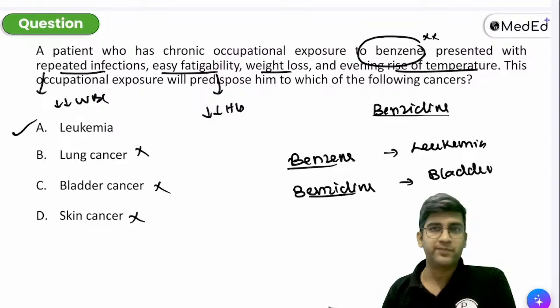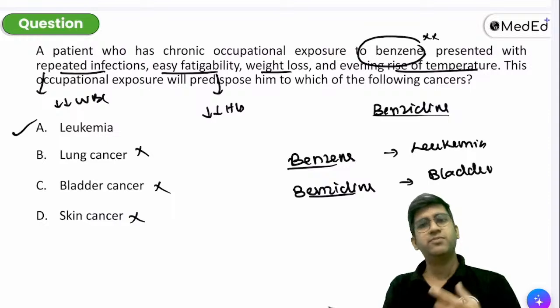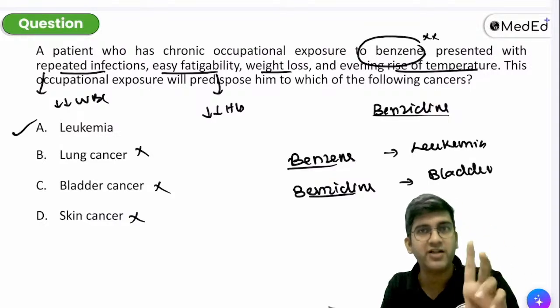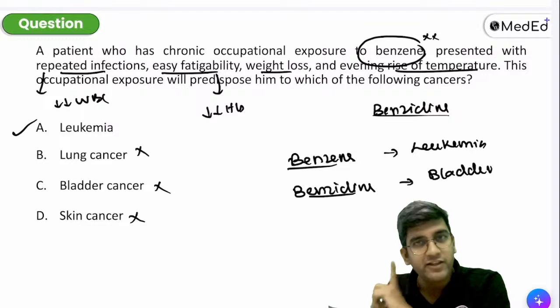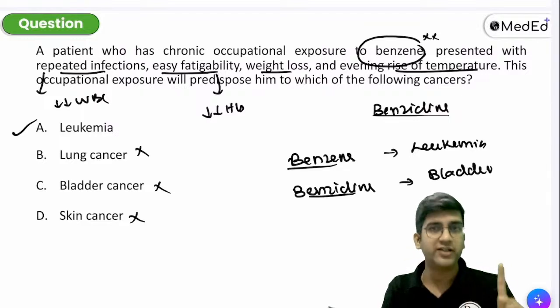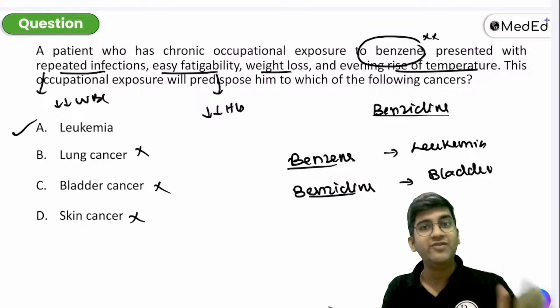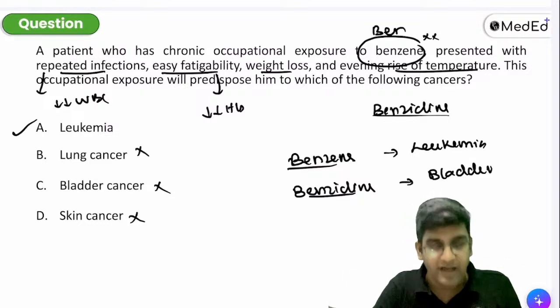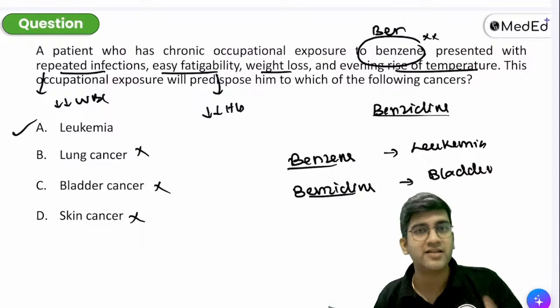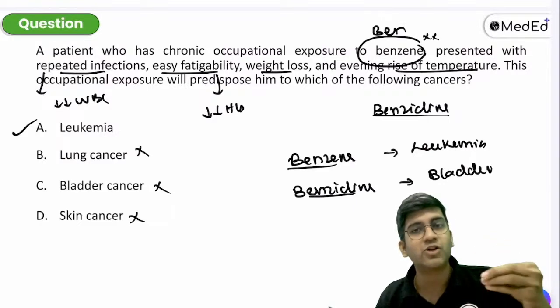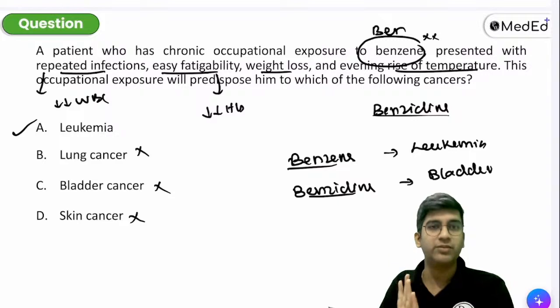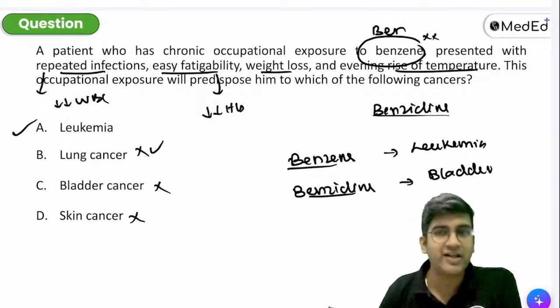This won't have the symptom. This won't have the symptom. I don't want you to memorize benzene or benzidine. Doesn't matter for me. I have a patient. If I have a patient, I look at the patient. Everything else surrounding the patient is irrelevant. This is how real life treats you. Scenario based questions are very, very easy. Even if the student has said it's benzidine, I will not think of a bladder cancer in this patient because bladder cancer cannot have repeated infections. Bladder cancer can have hematuria. That's a symptom, right? What do you think will be a symptom of lung cancer?